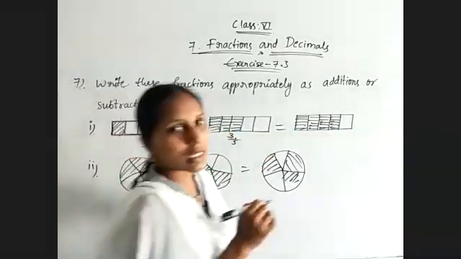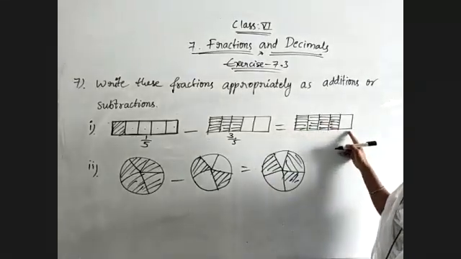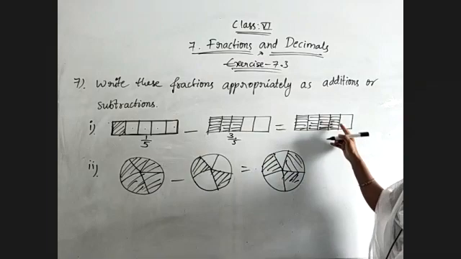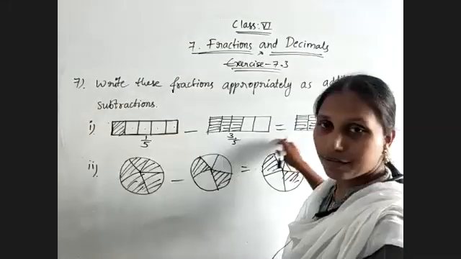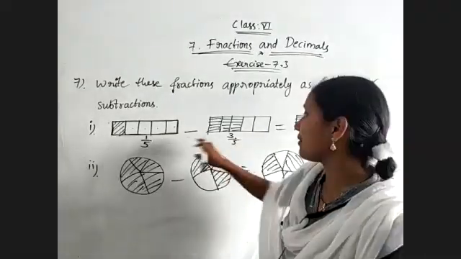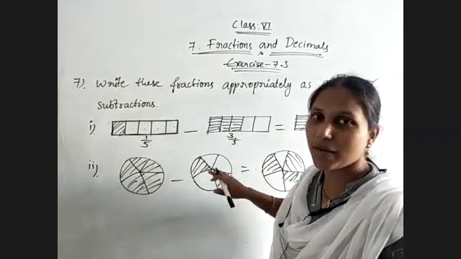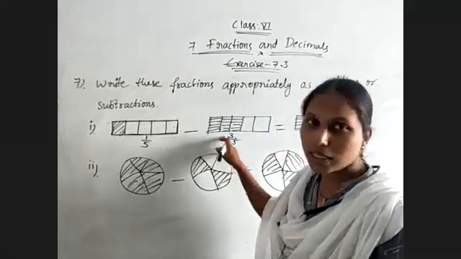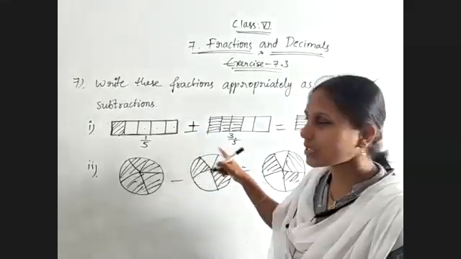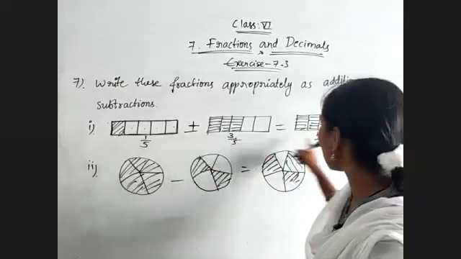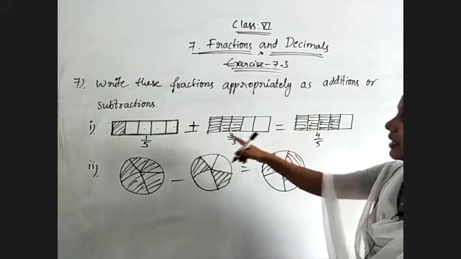Okay. Now coming to the resultant one. Here also write the fraction. Observe 1, 2, 3, 4, 5. Again 5 equal parts and 4 parts are shaded. So 4 by 5. Now just observe whatever fractions we have noticed. 1 by 5, 3 by 5 is equal to 4 by 5. So what you need to place here, either addition or subtraction. 1 plus 3 equal to 4. So we will get plus, because these two are like fractions. So we just need to add the numerators. 1 plus 3 equal to 4. 4 by 5 will be the resultant fraction. Means between these two fractions we need to perform addition.